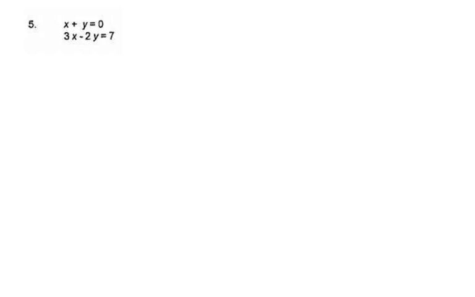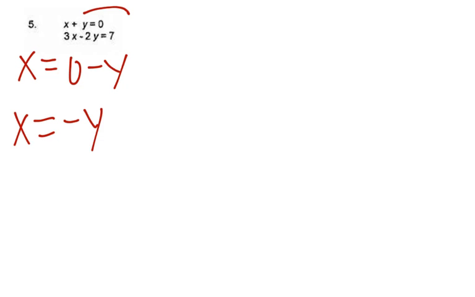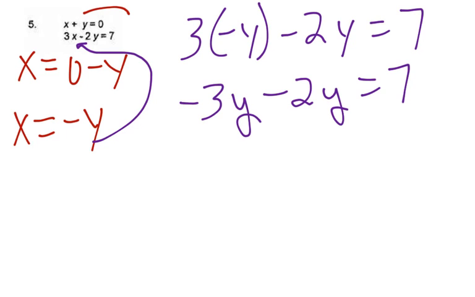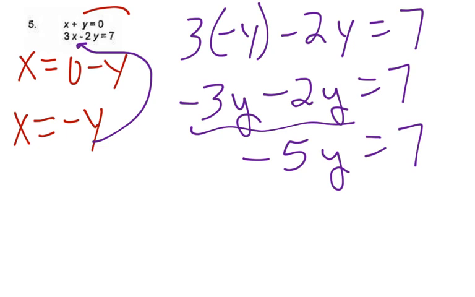Got to move something, got to get x or y by itself, so I'm going to move this y, and so I have x is equal to 0 minus y. That could also just be x is equal to negative y. So then this is going to go to the other one where I saw the x. 3 times negative y minus 2y equals 7. So negative 3y minus 2y equals 7. Combine, negative 5y equals 7. y equals negative